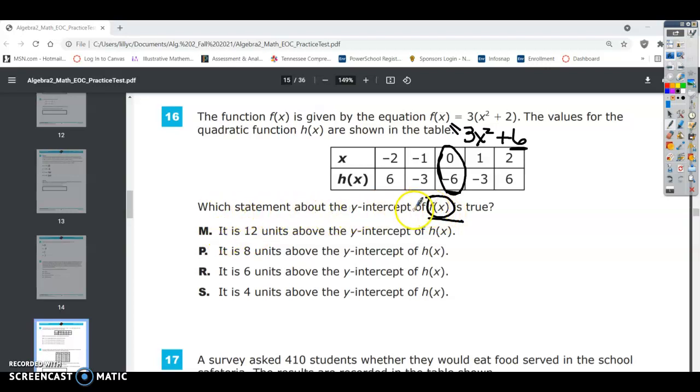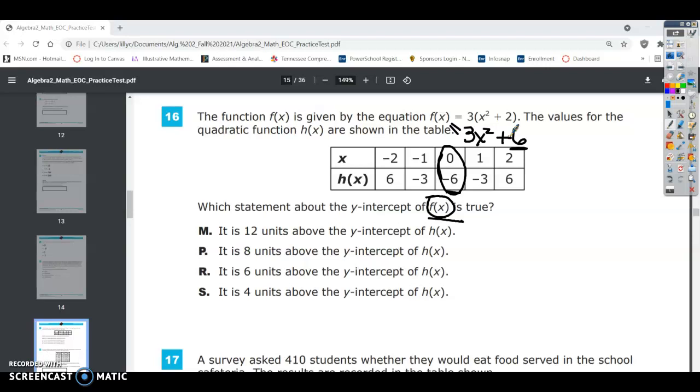Which statement about f of x is true? So f of x is 12 units above h of x. Well, that's true because from negative 6 up to 6, that is 12 units. All right, so we can go ahead and determine that M is the correct answer, but let's check the others